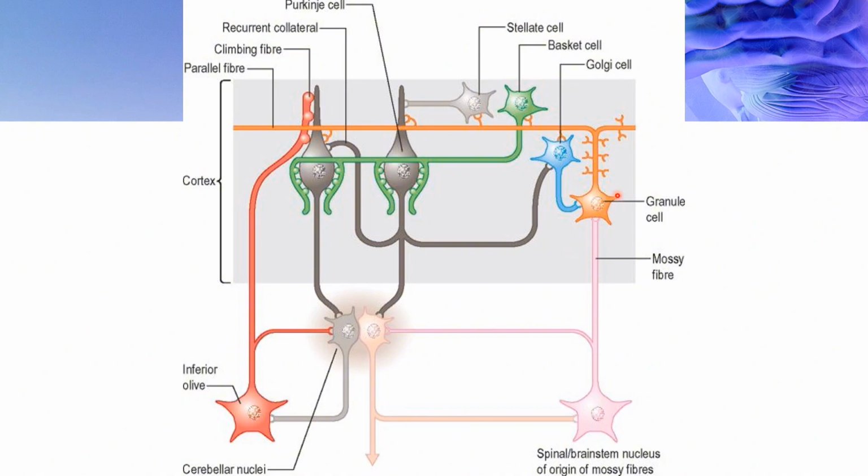These granule cells are present in the granular cell layer. First, there are the Golgi type 2 cells, which are stimulated by a collateral branch of the Purkinje cells, and upon stimulation these Golgi type 2 cells inhibit the granule cell. So you must remember, the mossy fibers stimulate the granule cells, while the Golgi type 2 cells are inhibitory to the granule cells. The axon of the granule cells then travels into the molecular layer, where it divides in a